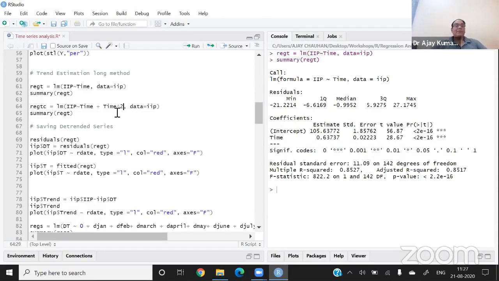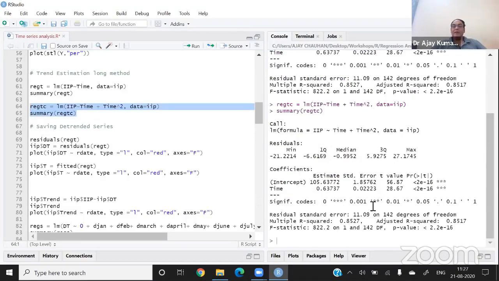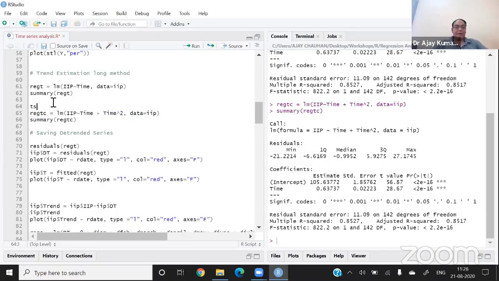When you include the square of the variable in the time series, it is known as a curvilinear trend. Let me see whether the software is giving me the command or not. No, the software is not accepting the time square, so I have to create the T square.